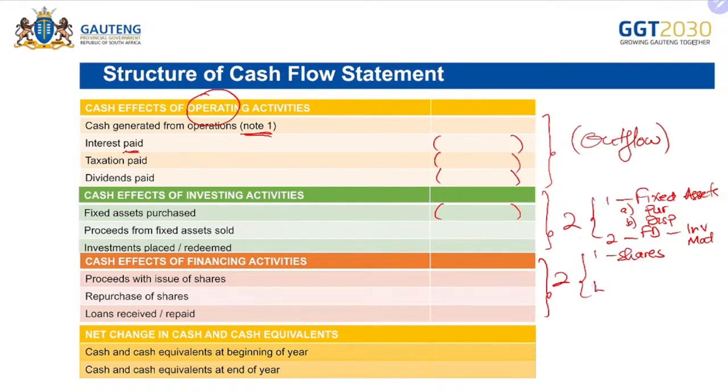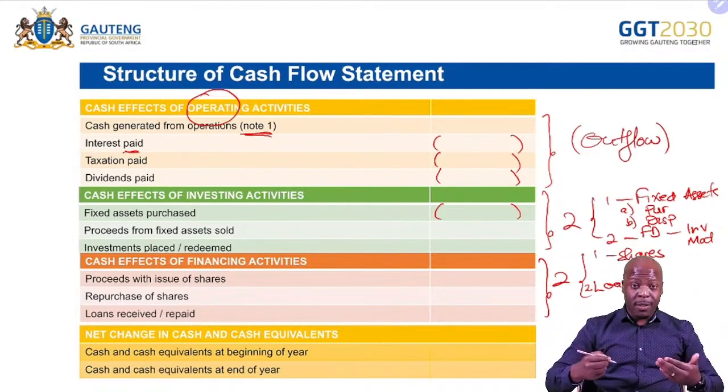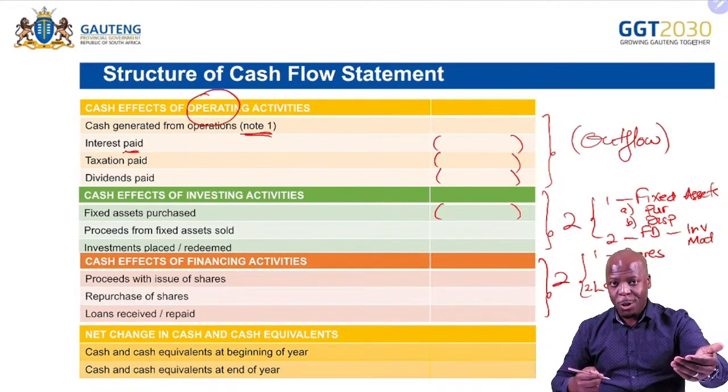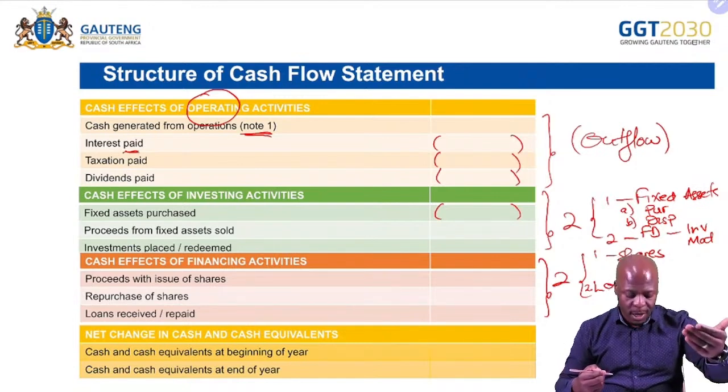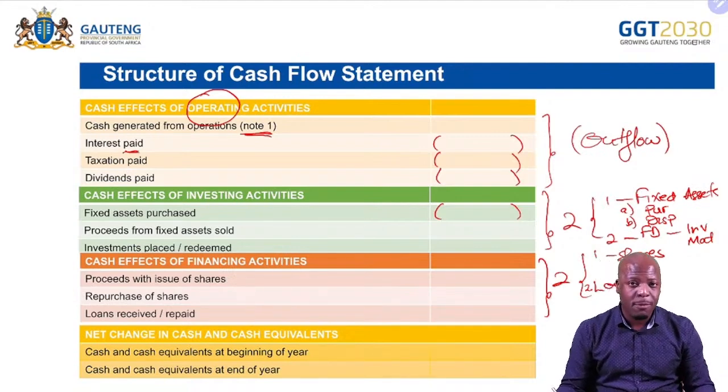And then the next aspect is going to be your loans. This is aspect number 2. And with your loans, you have to understand there are 2 sides as well. When the bank gives us money as a loan, that's a cash inflow. And then the other side to a loan is when we pay back that loan. So when we look at a loan, we're looking at it from 2 sides. Number 1, the money is coming to us. We're receiving a loan. Number 2, we are paying back the money to the financial institution. It can be a bank. Therefore, it is repayment of loan. So you would have 3, but as I said earlier on, in most exam papers, you would find 3